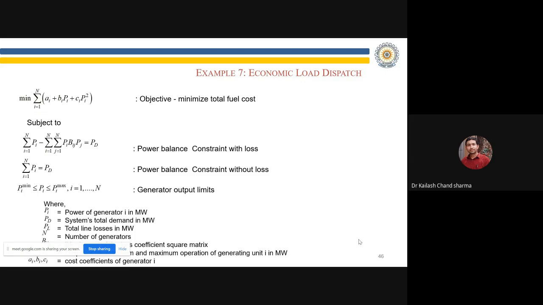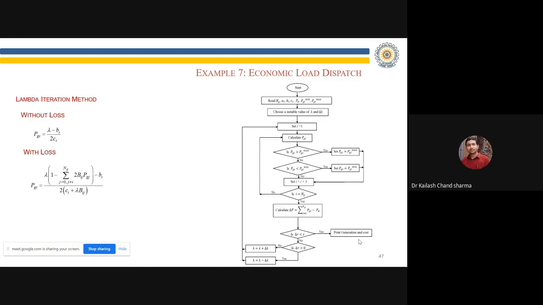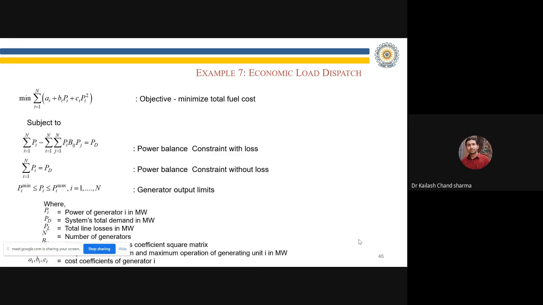As we know, in a power system, one very common and basic problem is economic load dispatch. All electrical engineers are aware of this economic load dispatch problem. We also know the conventional method to solve this optimization problem is the lambda iterative method. In the lambda iterative method, we just define one Lagrangian function,